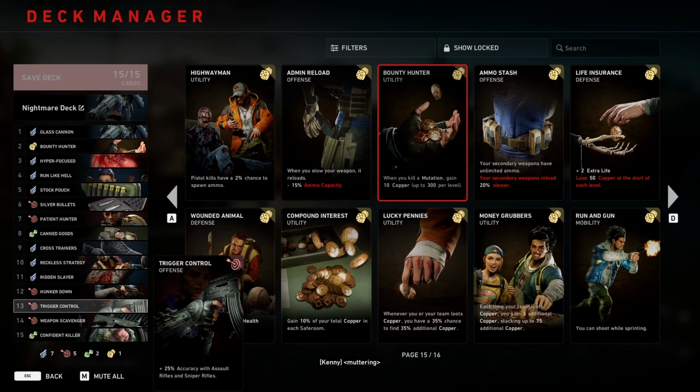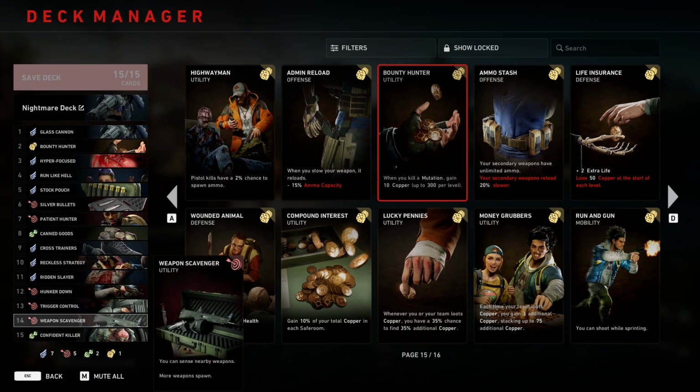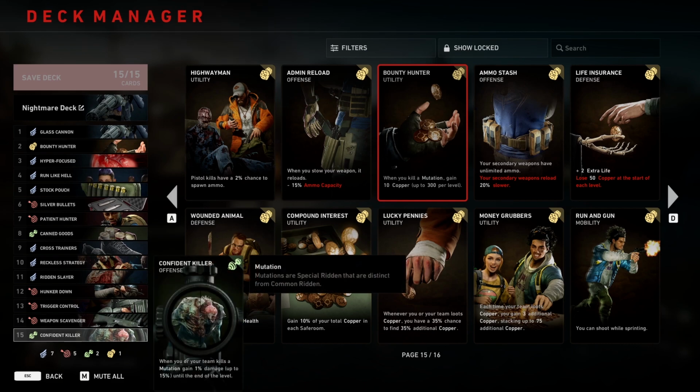And then on the next one, I use trigger control. Well, again, personal preferences. And number 14, I put weapon scavenger here. It's because usually at the end of the act, you would get more blue or purple weapon choices. So with weapon scavenger, you can get way more weapon spawns, even though it's still RNG, but well, small help does help. And the last one, you can actually use whatever you like, but I use confident